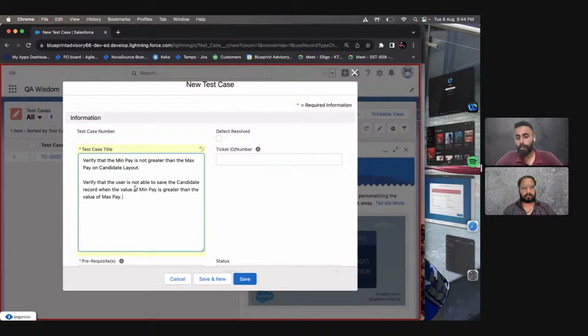If you see in both the scenarios, we have clearly stated that our main aim is to make sure that the minimum pay is not greater than the maximum pay on the candidate layer. Just adding one more point to it, let's say we write it down that at the time of creation, again, another two aspects of it. Verify that when the user creates a candidate record,